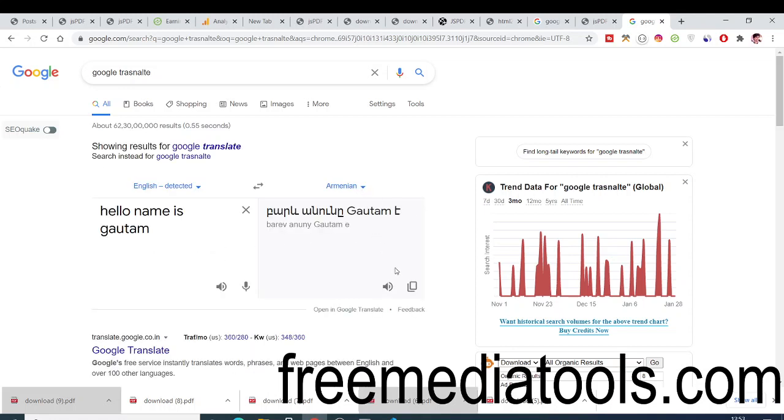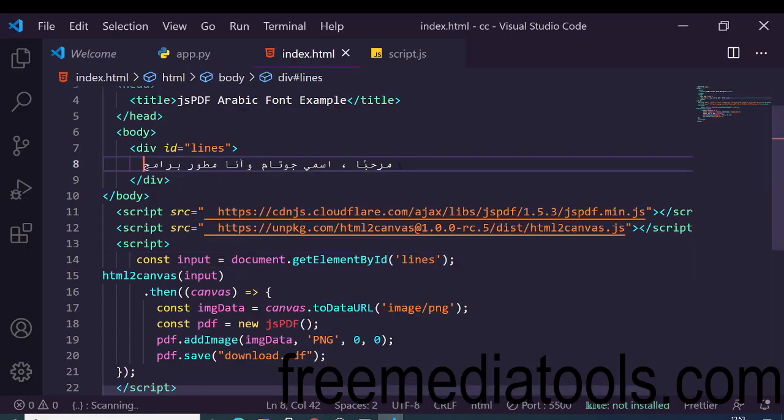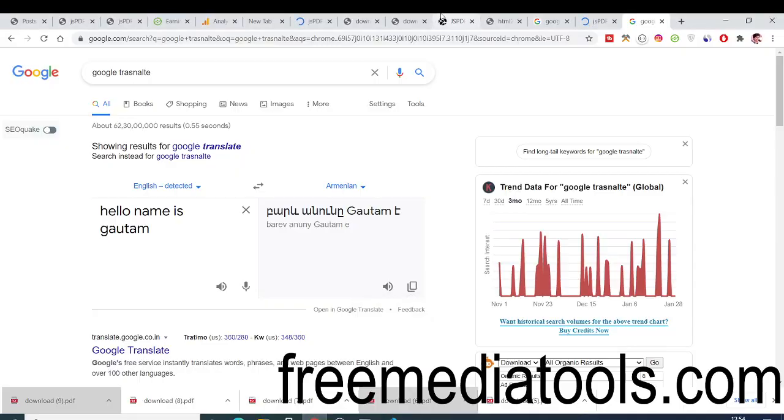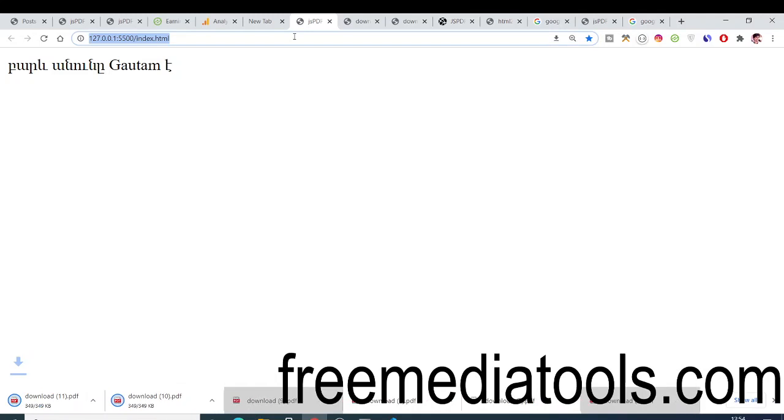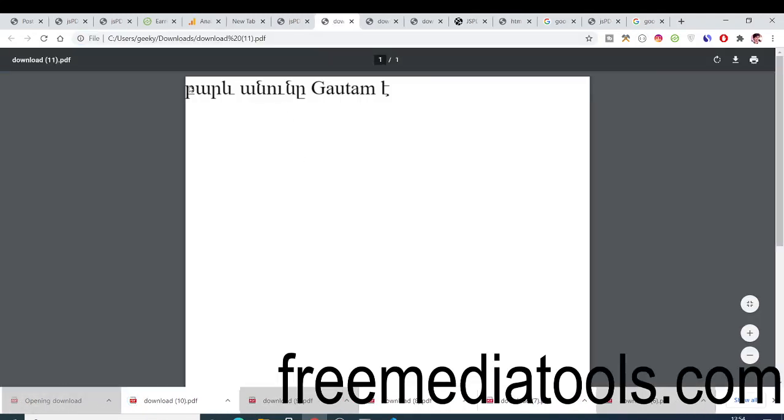If I copy this, delete the old text and paste this text here, you will see this will embed this text inside the PDF document. If I reload it and download, you will see this text populated inside the PDF document. So it is not limited to Arabic. You can take any sort of custom font and embed it inside your PDF document.